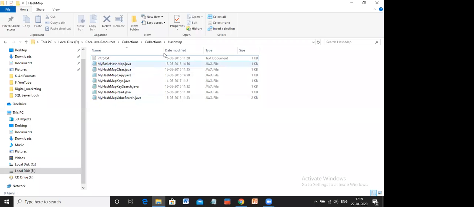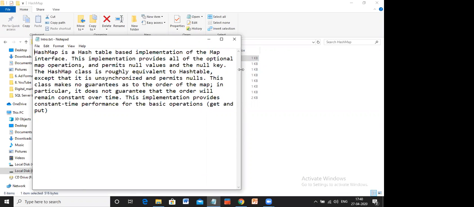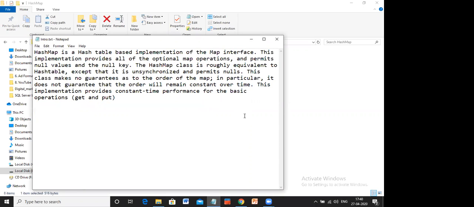This is a very important class basically. Here we'll see just an introduction to this. What is hash map? First of all, hash map is a hash table based implementation of the map interface. When I say implementation of the map interface, what does it mean? As we saw in the OOPS concept, we created interfaces, right? In the same way, Java also has a lot of interfaces already there. So map is an interface which is implemented by my hash map class.